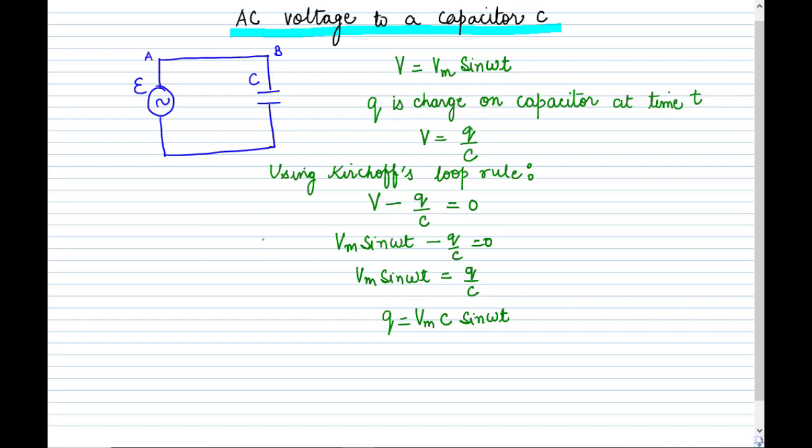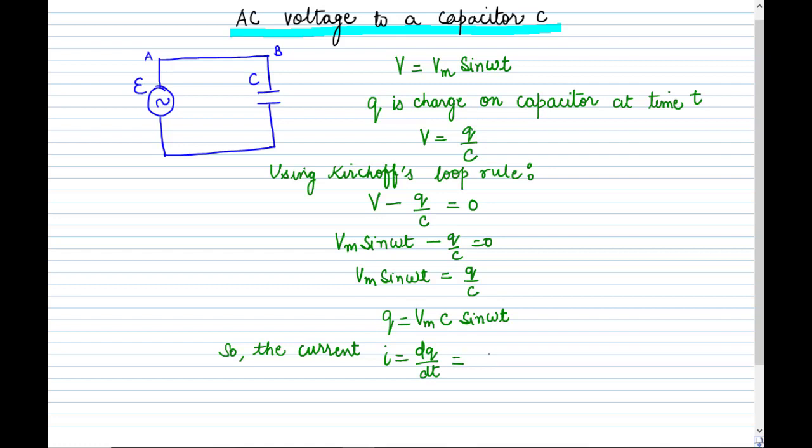and we want to find out whether these are in the same phase or which is lagging behind. So if we know the charge, then we can easily calculate the current. So now we know the value of charge, so we can calculate the current, because you know the equation of current is I is equal to dq upon dt. Current is equal to the change in charge with respect to time. So simply differentiate this q with respect to time. So if we differentiate, what will we get?